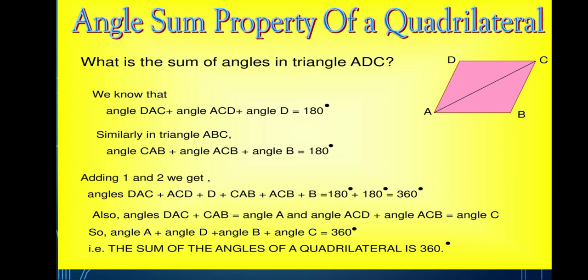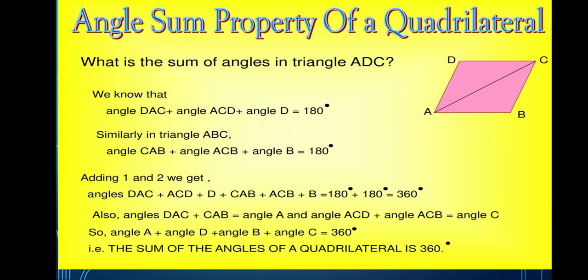Now you have one sum of this kind in your exercise also, the third sum. You have to prove the angle sum property by using triangles. You can take any quadrilateral and draw one diagonal, and the diagonal will split the quadrilateral into two triangles, and we know that the sum of angles of a triangle is 180 degrees. As you can see in this figure, the two triangles we got are triangle ABC and triangle ACD.